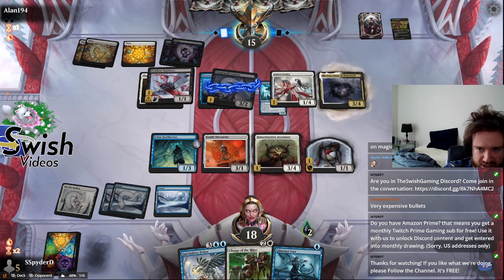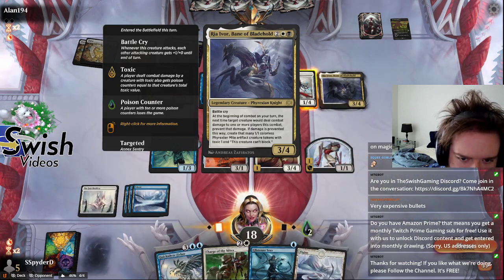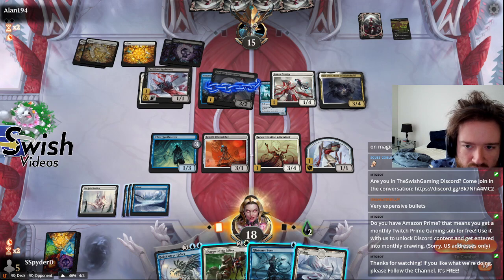Let's go. That's nice. What does this do? Combat turn would deal combat damage to 1 or more players. Prevent that damage, then you make that many mites. Okay, interesting. The Seer seems terrible. I think we're just gonna probably pitch that to Fissure, but